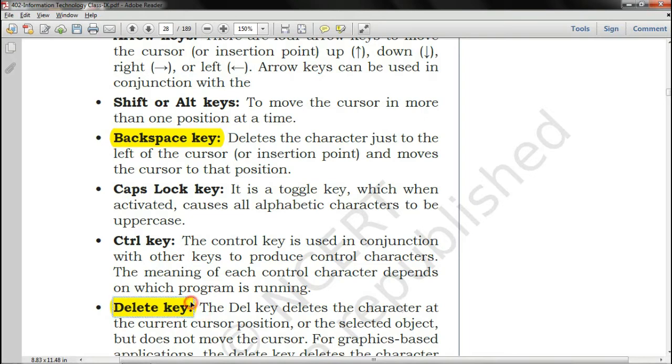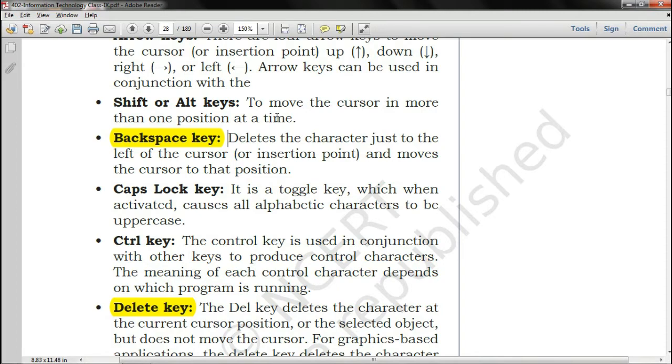The backspace key is basically deleting the character just to the left of the cursor, that is the insertion point, and moves the cursor to that position. But the delete key deletes the character at the current cursor position, from the right side, right? And does not move the cursor. It does not move the cursor here and there, just deleting the characters from the right side, right?